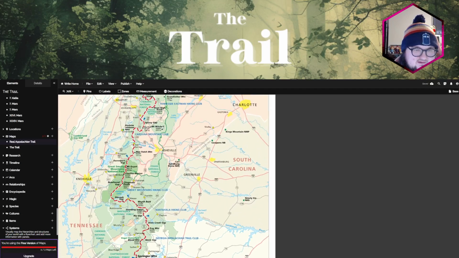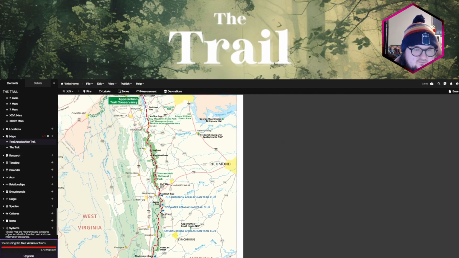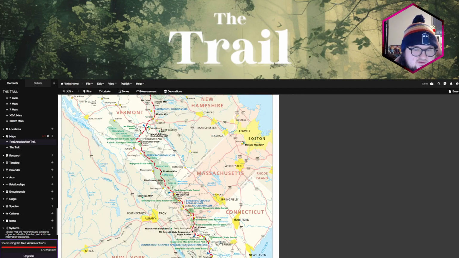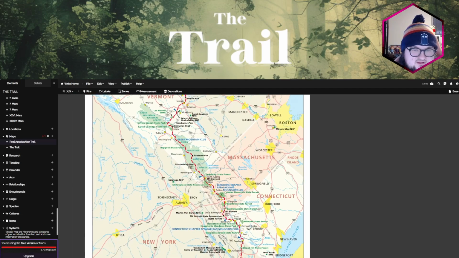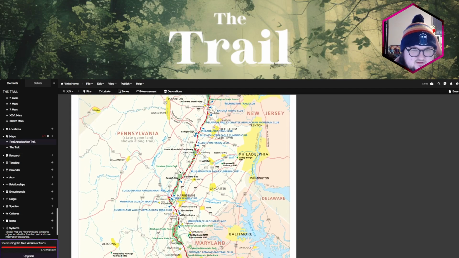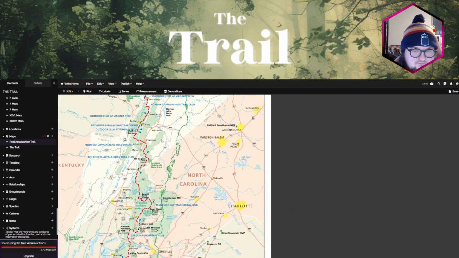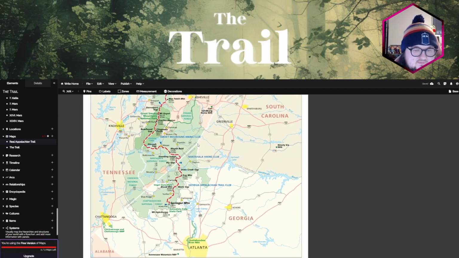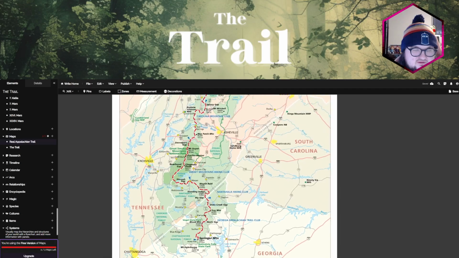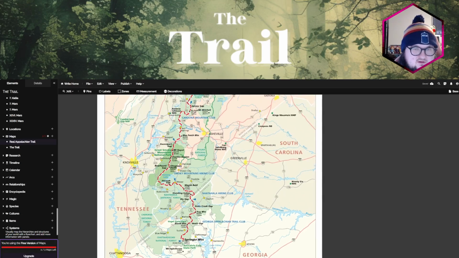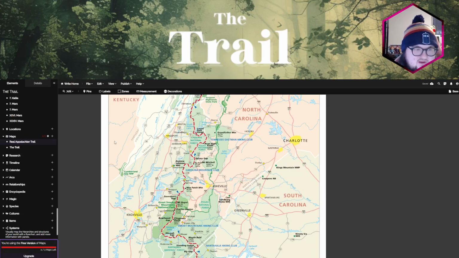As you can see, all the way from Georgia to Maine. So you can follow it all the way up. You can zoom in and find little locations, and all of my locations are mapped on top of real world locations just to make sure that they make sense. But they are fully fictional, fantasy sort of locations, mapped on top of the real thing just for my own knowledge and to make sure that I know the distances between everything and whatnot.